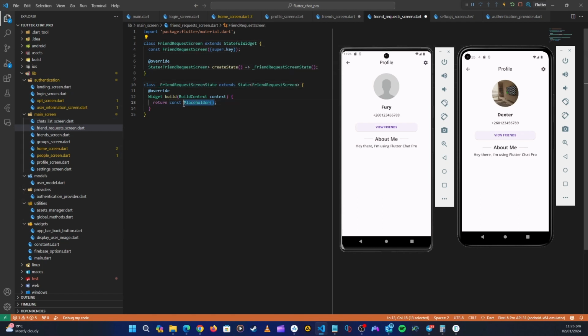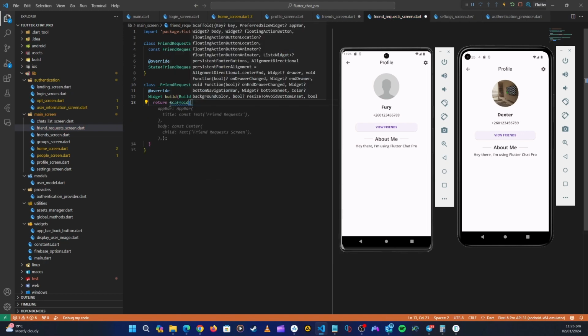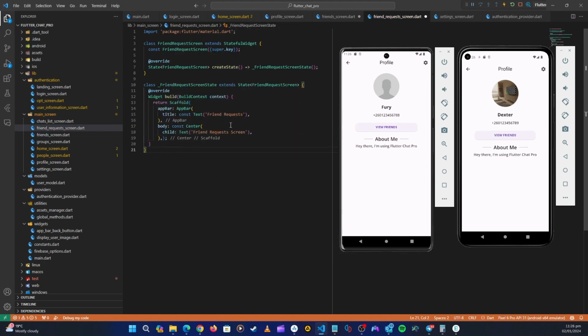So here let's have also a scaffold. Yeah, something like that. Okay, and then now on click on this one, we are going to navigate to friends